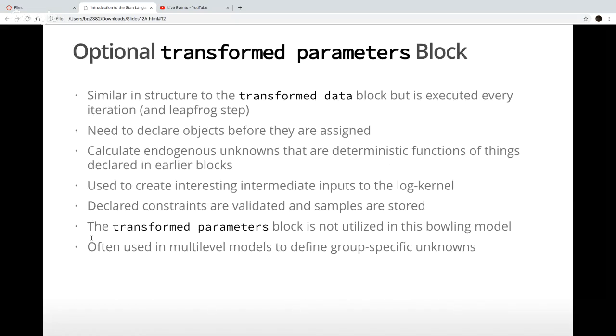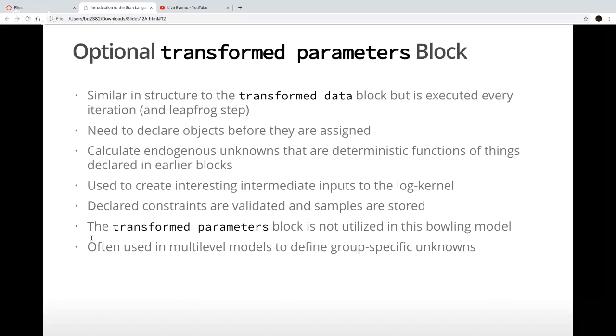Then there is an optional transform parameters block, which is analogous to the transform data block, but it's going to be executed every leapfrog step as opposed to just once before all the sampling starts. Moreover, in the transform parameters block, you're evaluating deterministic functions of the parameters, although those functions can also involve the data.